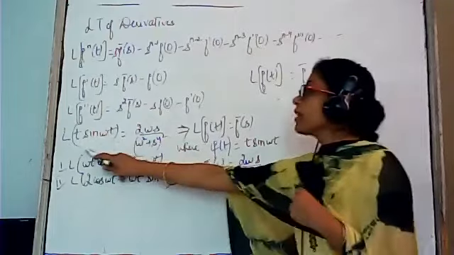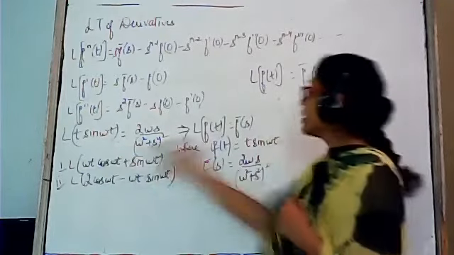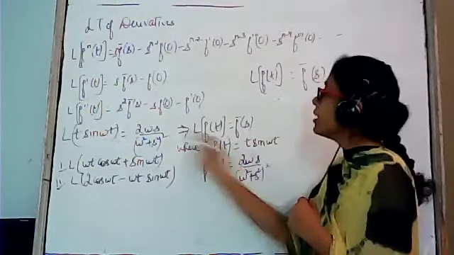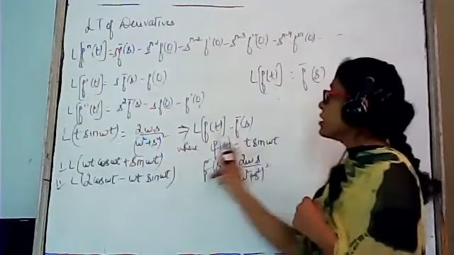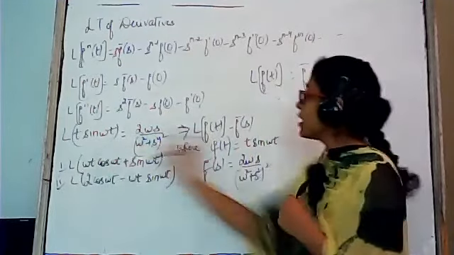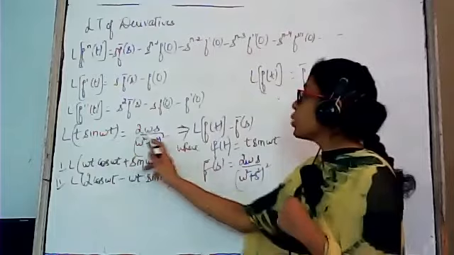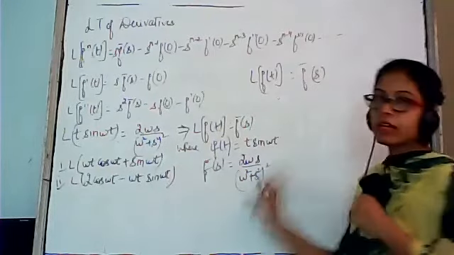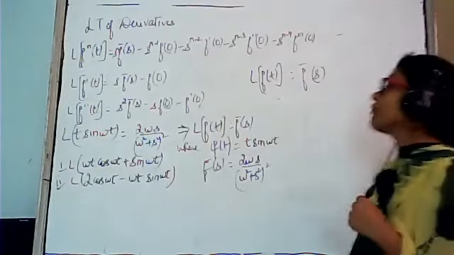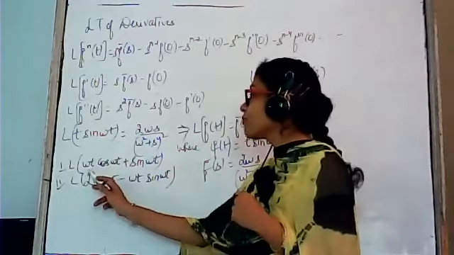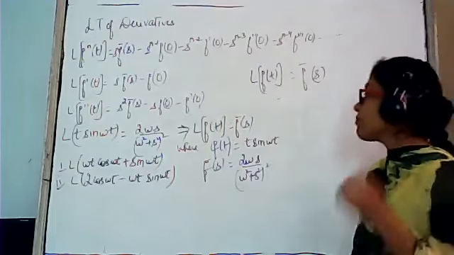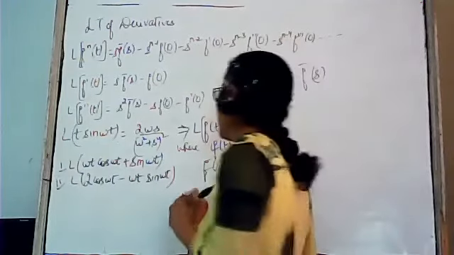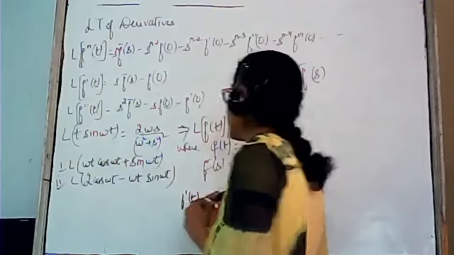First of all, we are comparing this given term with our general term, that is Laplace transformation of f of t equals to f bar s. So if we compare these two terms, we get that f of t equals to t sin omega t and f bar s is equals to 2 omega s upon omega square plus s square the whole square. After that, we have to find the value of Laplace of omega t cos omega t plus sin omega t. कहाँ से आएगी? If you differentiate f of t, find f dash t.